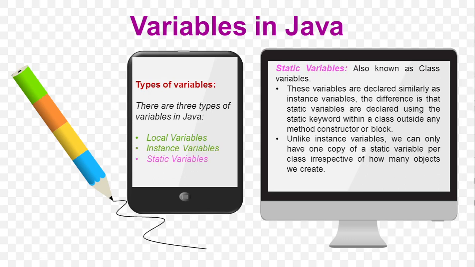So now we have the third and last type of variable, that is the static variable. So what do we mean by static variables? It's a very interesting variable. Last time I told you instance variables can be accessed only by an object of the class. Static variables can be accessed, and the best way of accessing a static variable is to use the class name where it belongs to. So class name dot static variable name is the standard form of accessing a static variable.